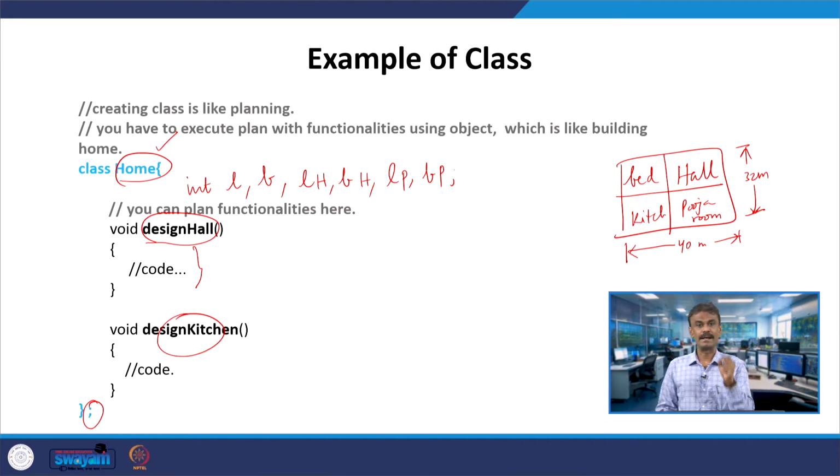So, this blueprint has several objects, several member data and functionalities. This is how we are building the home. Exactly, you can think of building a home physically: what are all the plans that you are going to make? In a similar way, when I am writing a class, what are all the member data I require, and what are all the functionalities it requires? You have to think about these things and then make a class.